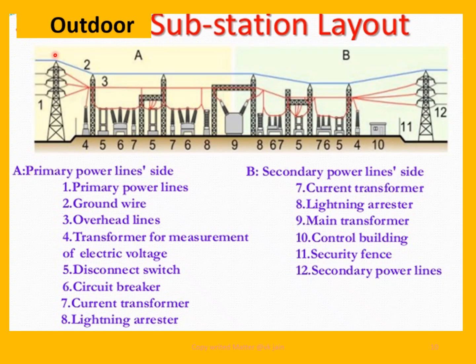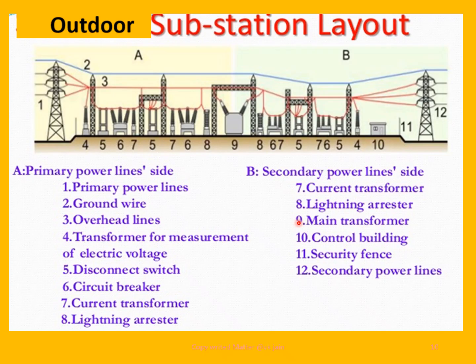Now, this is the primary side up to here, and this is the secondary side. In the secondary side, we have once again a transformer, current transformer for measurement, and lightning arrestor,